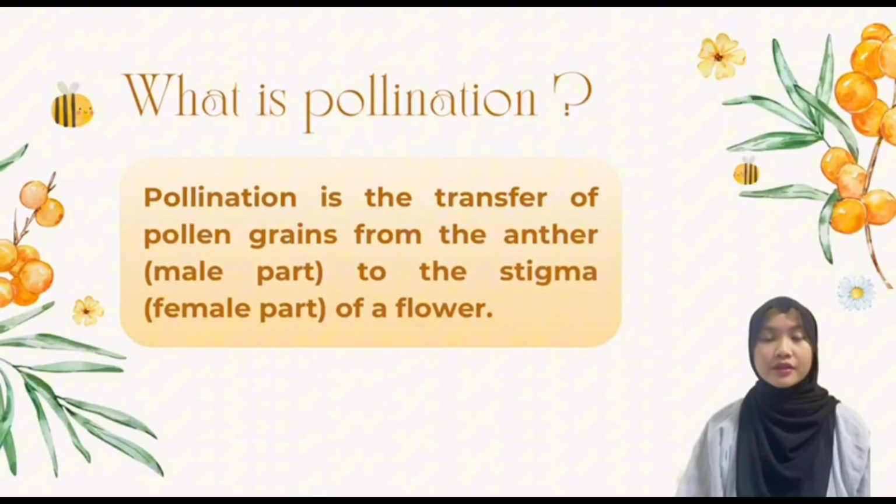This process is the first and essential step in sexual reproduction of flowering plants. The pollen grains contain the male gametes which are needed for fertilization to occur. Pollination can take place within the same flower or between different flowers, depending on the